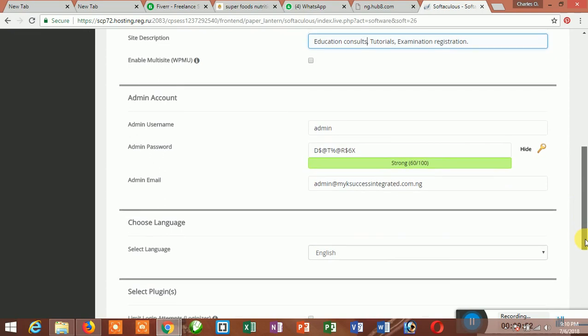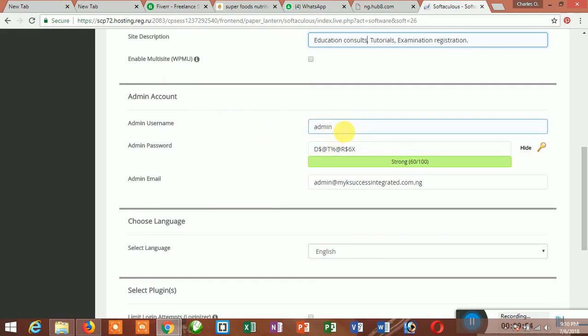So now your account, this is the account you'll be using to log into your WordPress. Any username or password you use here is what you will always use to log into your WordPress. Please take note of the username and the password, else you will not be able to work on your site again. So make sure you know the password and the username you are creating. So please, let's type in the username